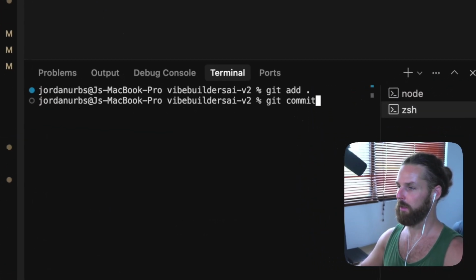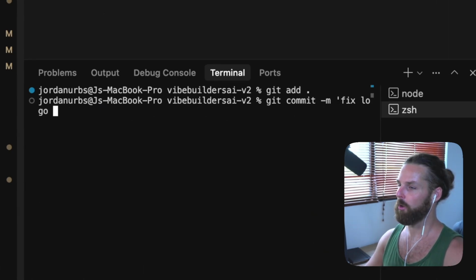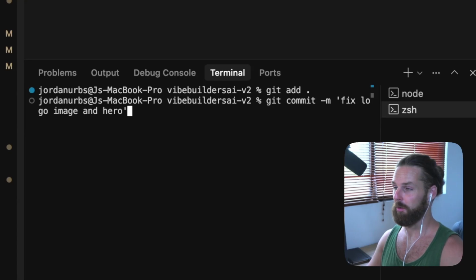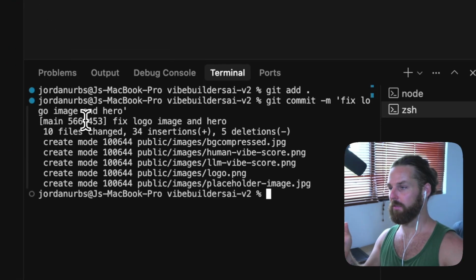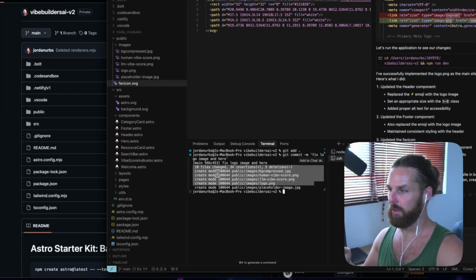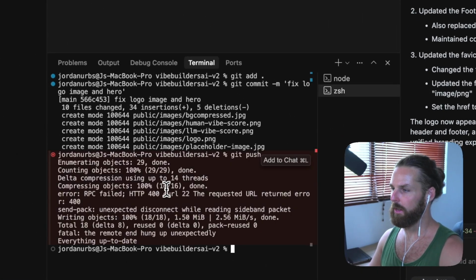Then I say git commit, flag M, that means message. Say fix logo image and hero, because that's all we really did. I commit that. So that means in the commit, this is what was changed, everything there. So now I say git push, and it pushes, the